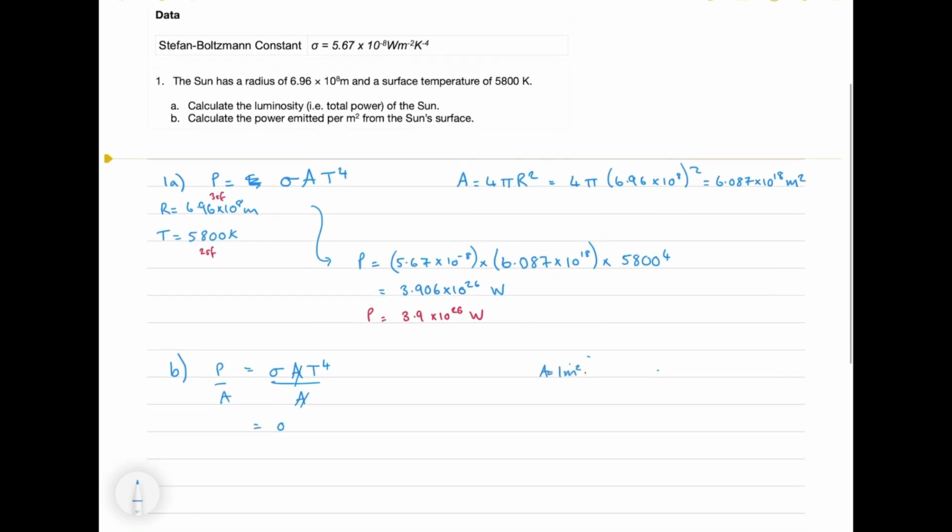So we're going to say sigma times 5,800 to the power 4 divided by the area that we worked out earlier, 6.087. You can see that I'm using a more accurate, more precise version of the area here. I don't want to round that down until the very end. So our power per meter squared is equal to